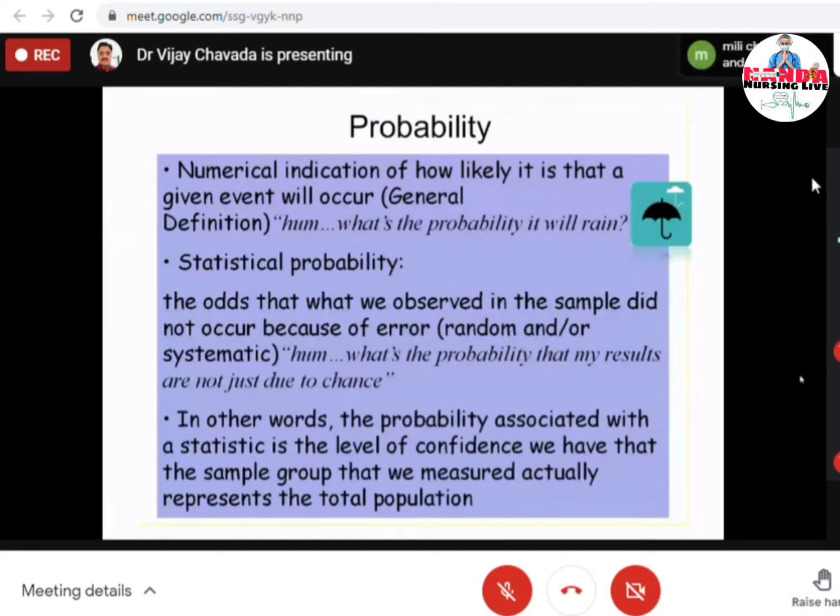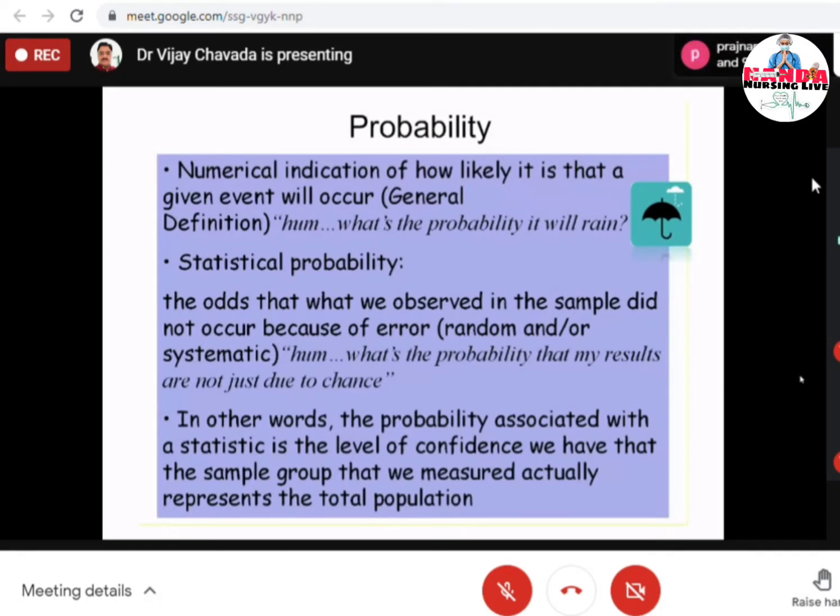In a nutshell, what it wants to say is, if you are working on a sample, the sample should be a representative sample of the population. The more it represents the population, the more reliable your results are. So in short, what we are looking for is a representative sample to draw the best inferences and best conclusions for a given population.